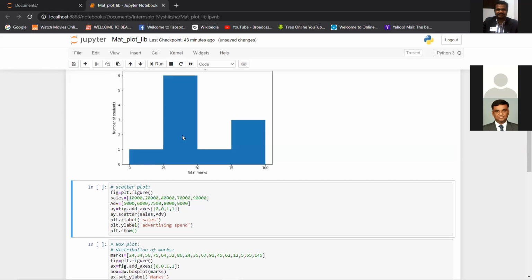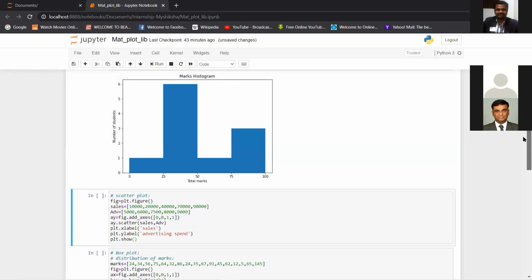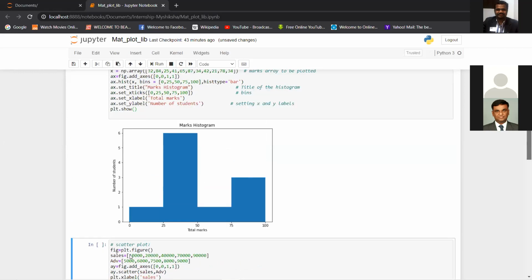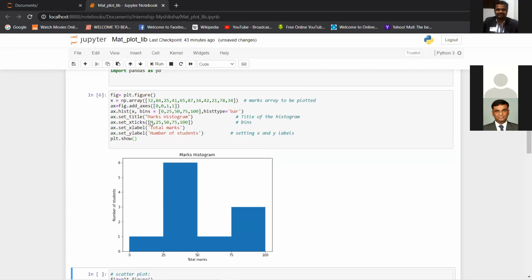So again, the X ticks, whatever I gave as the X labels, 0 to 25, 25 to 50 are the classes, 50 to 75 and 75 to 100, right? So 0 to 25, how many elements are there? You can see there is, I think, this 21, and 25 will be considered in the next class, right?